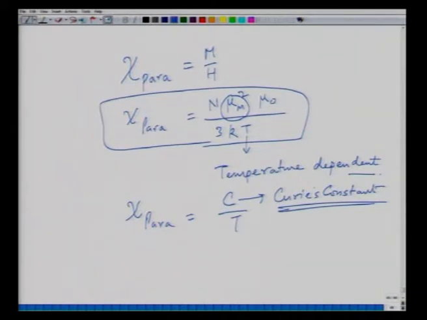And this sort of makes sense, because as the temperature increases, the susceptibility goes down. What it means is that as the temperature increases, the thermal energy which causes the randomization of magnetic moments increases. So, as a result, the magnetic response of the material goes down. So essentially you need to apply a larger field to overcome the large thermal energy at higher temperatures. Now we can do a quantitative treatment of this.